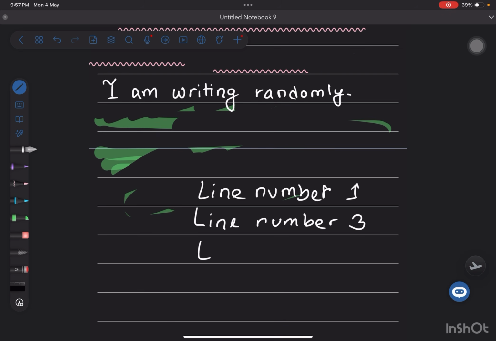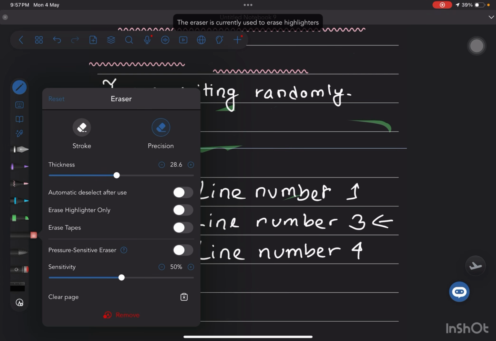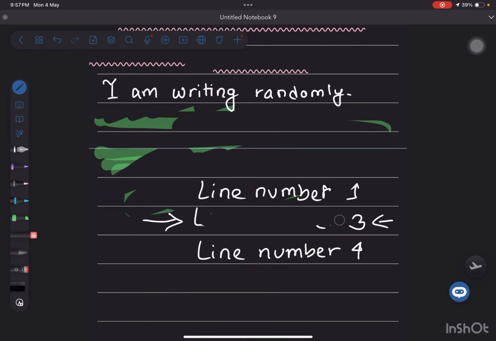And let's say I have line number 4, right? Like I'm writing. And I missed line number 2. So something has to go there. Line number 2 has to go there, but I made the mistake. Now I have two options. Either I just erase, sorry, let me deselect highlighter. Either I erase the whole thing and write it all over again, or what I could do is select the